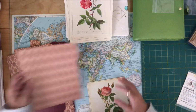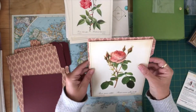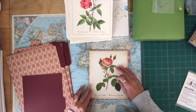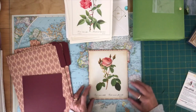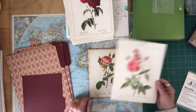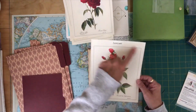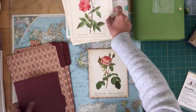So I took one of the burgundy ones and I cut it down to size, and I'm going to put that on top of, and I just thought it gave a little bit more oomph to the background there. So that's going to be my dashboard, and this is December, but I'm going to go ahead and do that with every month. I'm going to cut these down, I'm going to distress the edges,